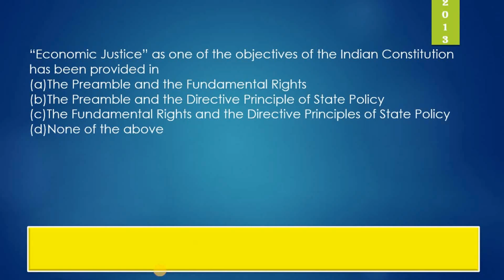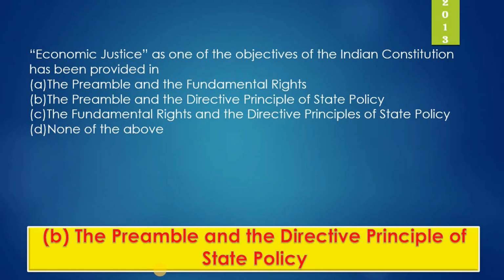Next question. Economic justice as one of the objectives of the Indian Constitution has been provided in which of the following? That is the preamble and the fundamental rights, the preamble and the directive principles of state policy, the fundamental rights and the directive principles of state policy, or none of these. So the answer is option B, that is the preamble and the directive principles of state policy contain the objective of economic justice. Economic justice as one of the objectives is mentioned in the preamble as well as in the